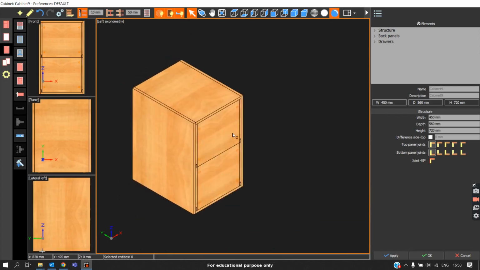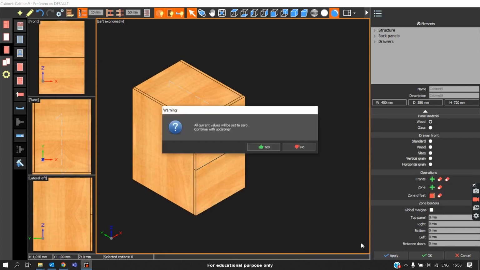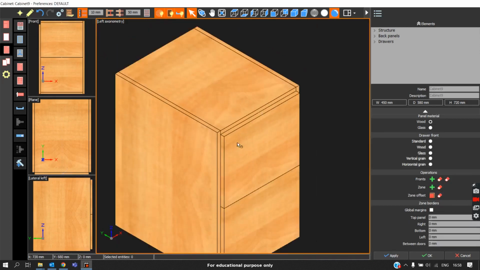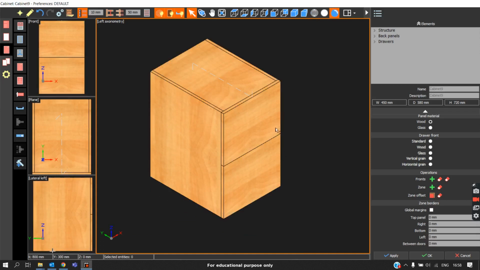Once you apply the drawer box, now it is a chance to apply the drawer fronts. When you come here, you can apply the drawer front by clicking on the zone. Initially when you're applying, you will get the doors applied in this condition. You will not have the doors covering the side panels and top panel. In that case, you should come to doors and zones, click on zone offset. So this is the way you put the